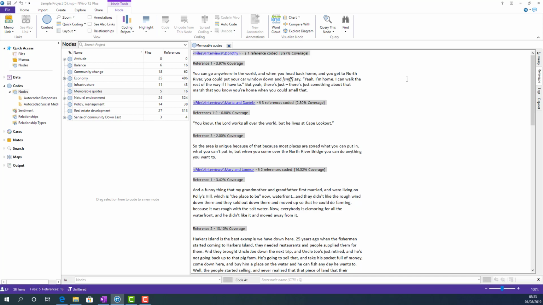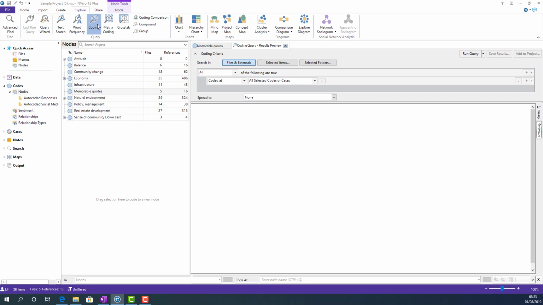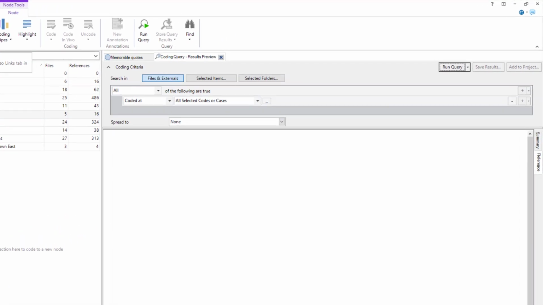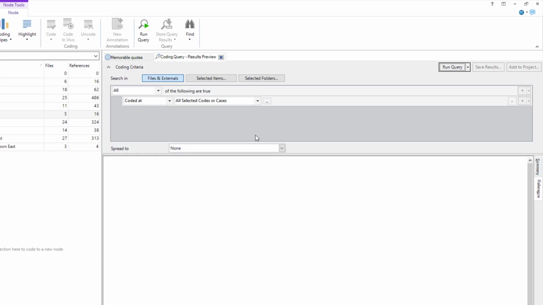The coding query, however, lets us do this in a much more complicated way with multiple layers of logic. To create your own coding query, head to the Explore ribbon and under the query area, choose Coding. The options will open in detailed view. You can add lots of layers of logic into this particular query, but I'm going to start with an example that uses two. First of all, I'm going to click on the plus here